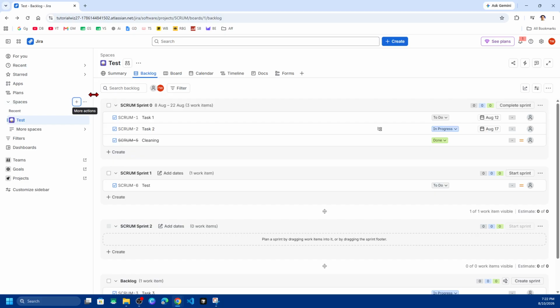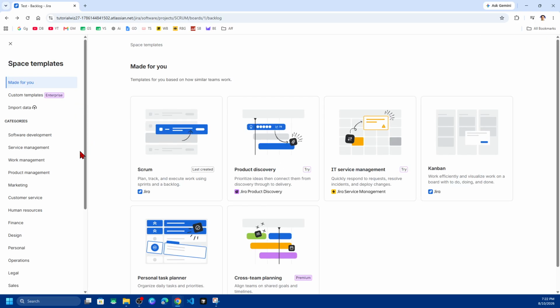Okay, so the best way to do this is to head on over to Jira and sign into your account. Now, once you're logged in, you'll be taken basically to Jira's home page. Now, on the left-hand side, what we want to do is click onto where it says spaces here, click on the little plus next to that, and then we can view all the different space templates or project templates you